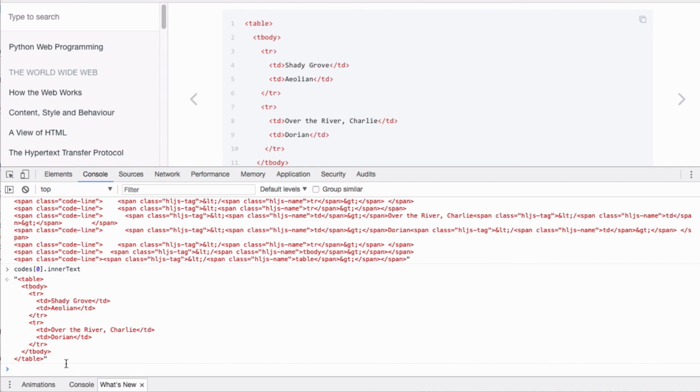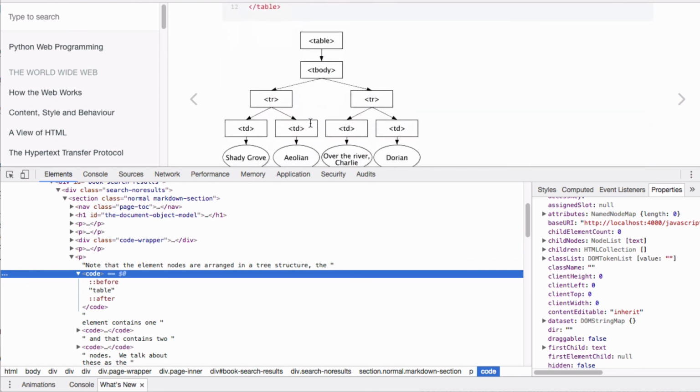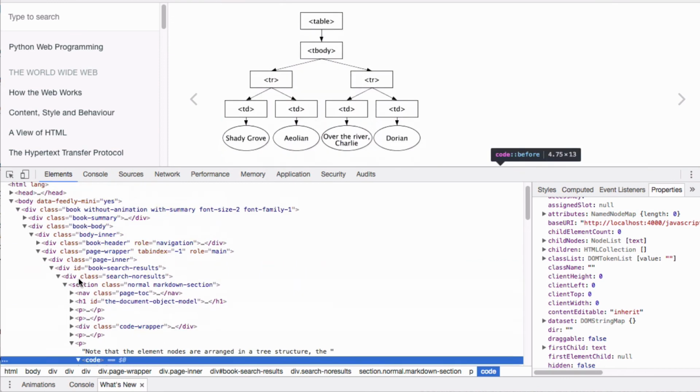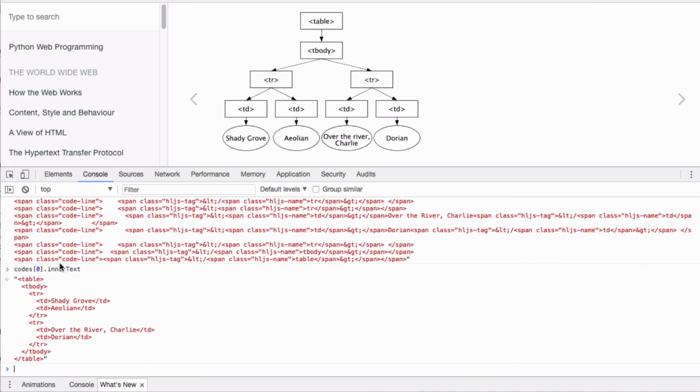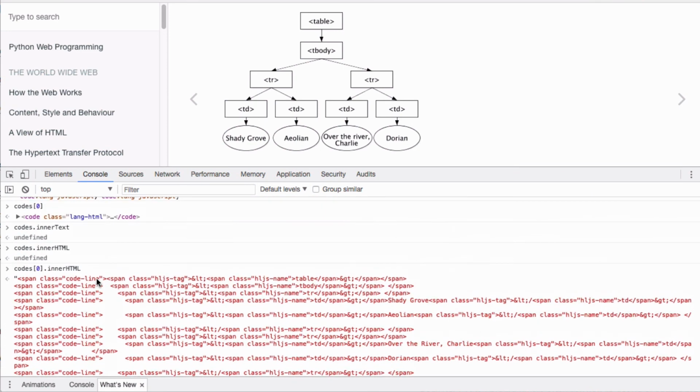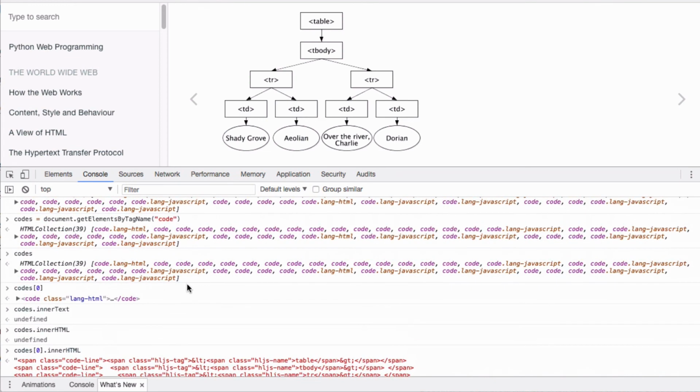So to recap, we have the document object model, which is this tree-like structure. When we're in the developer tools, we can explore that using this nice click-and-explore model. We can see the properties of the document object, the node that we're looking at over there, and we can use the console to explore the different parts of the document and run some of the methods over the document object model. So the developer tools are a great place to explore the document object and the